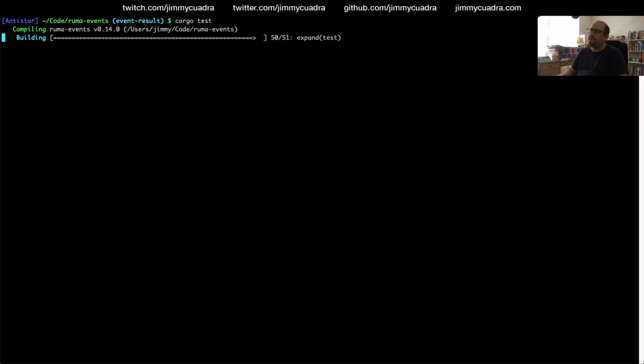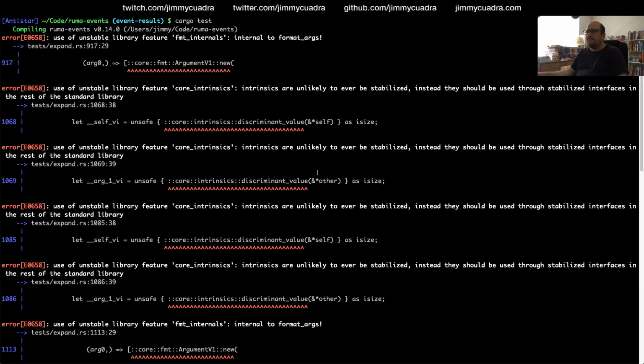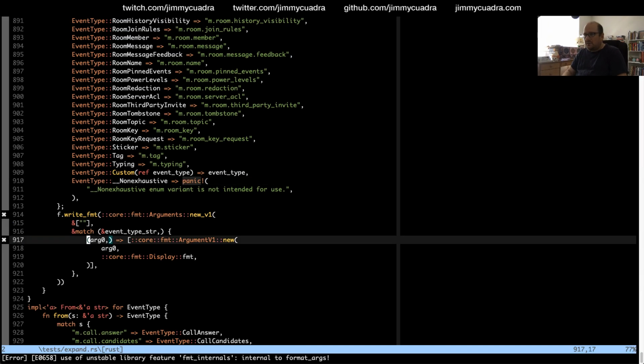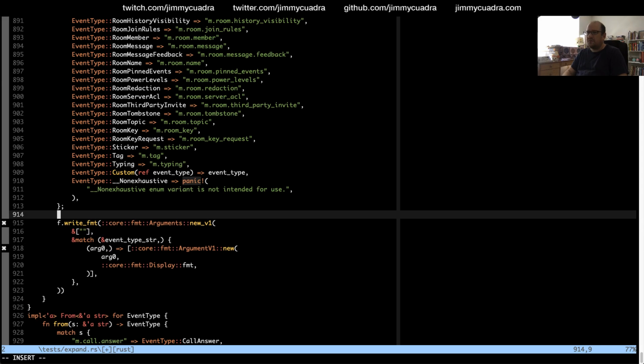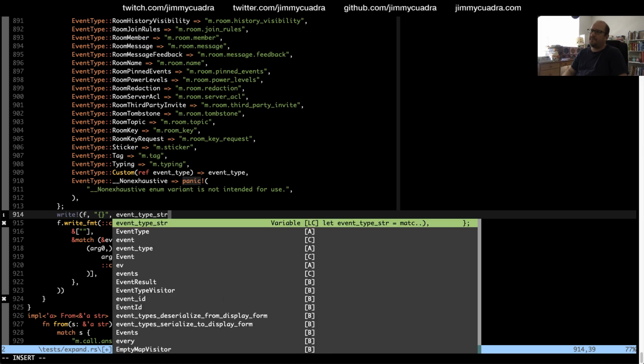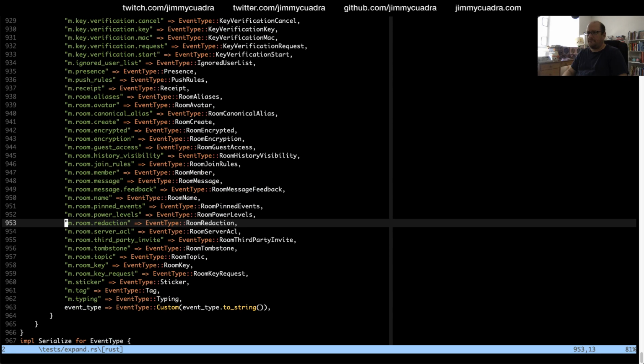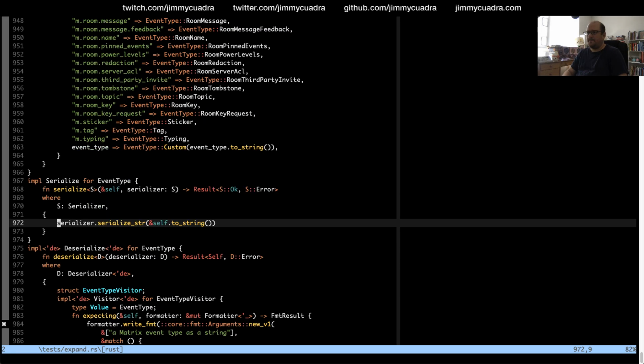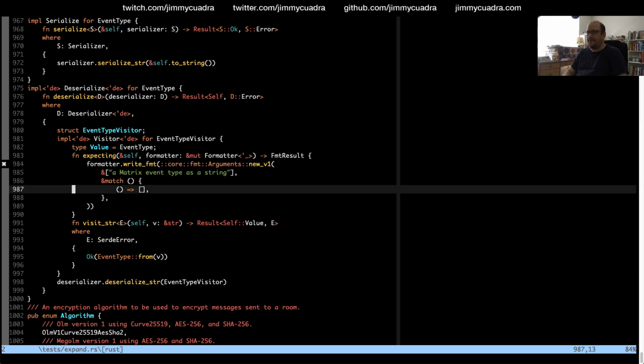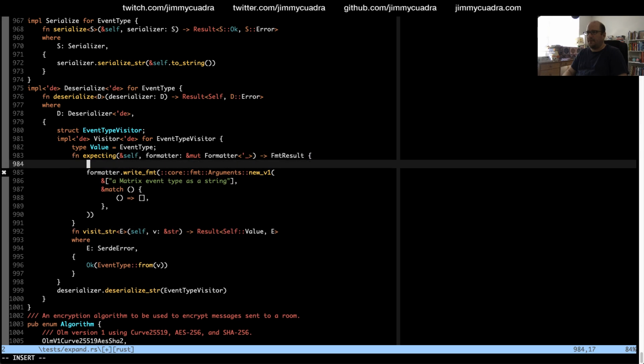Okay. 917. More of this nonsense. Right. What is this in? Display for event type. Event type string. I'm betting this is the same thing.